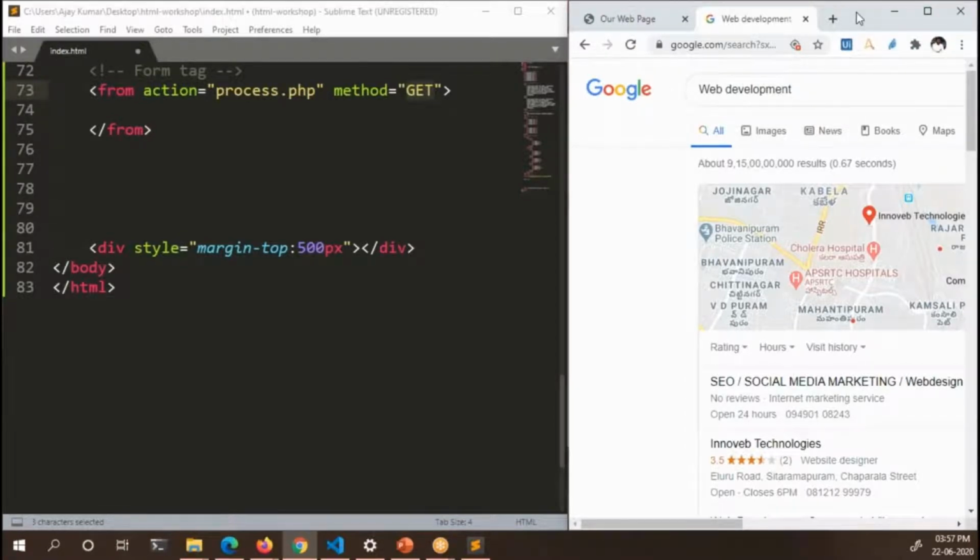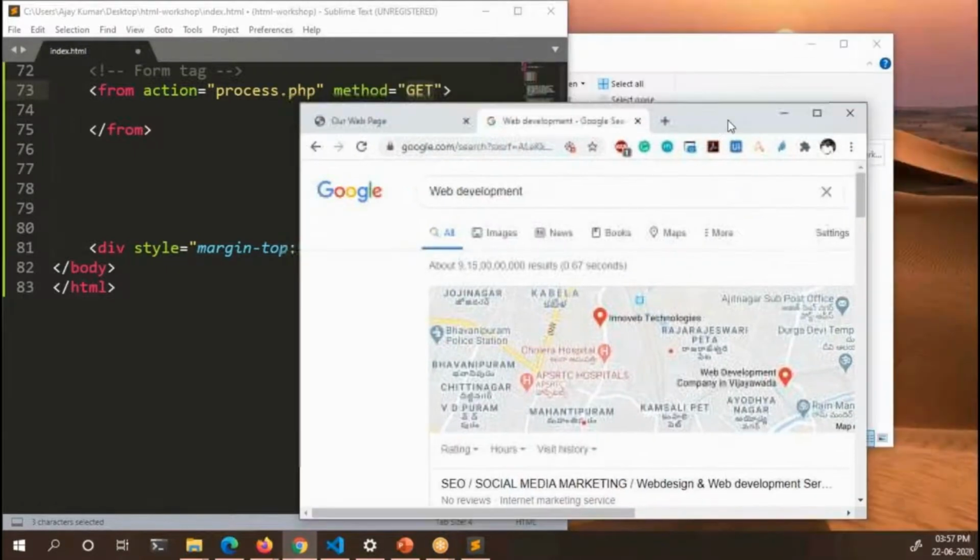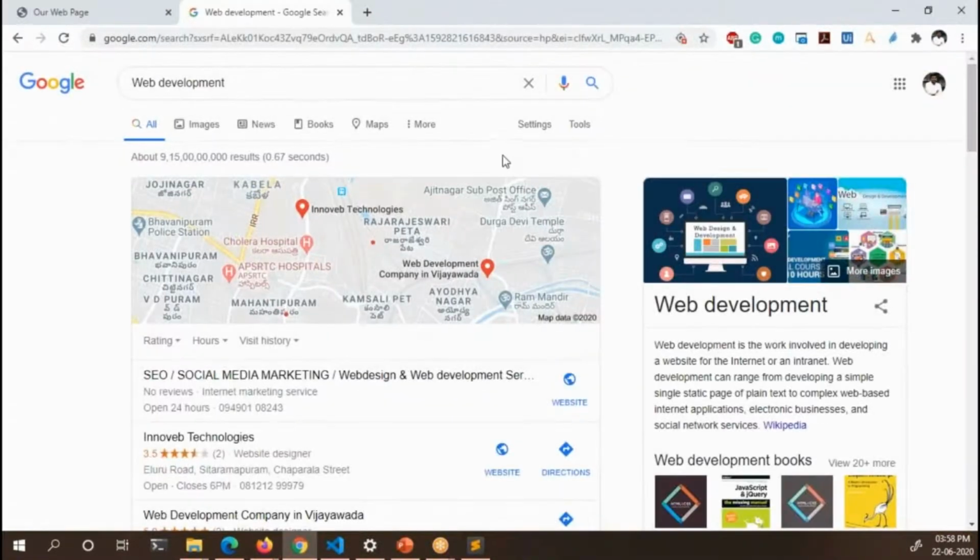You may ask me, how can you say that? Let me expand this and you can see the URL here. You can see the search query that you have entered is present in the URL itself.